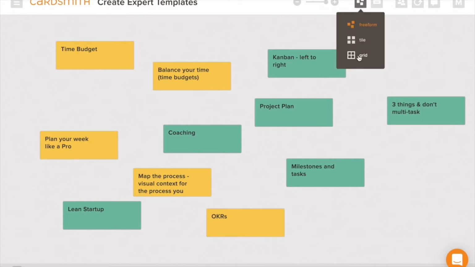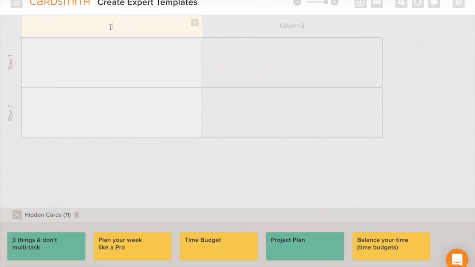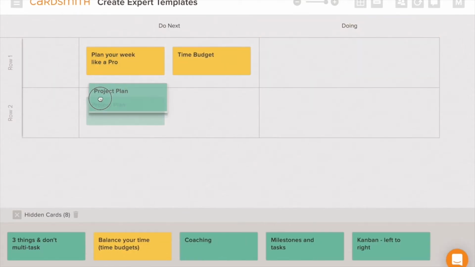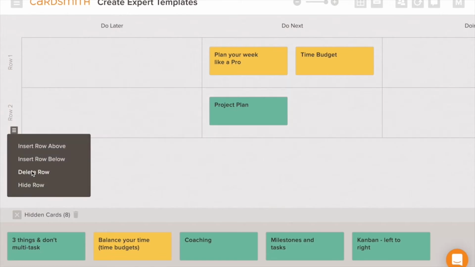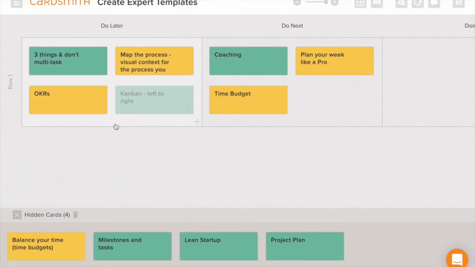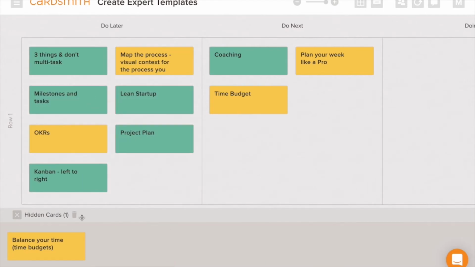And number 4, a key feature of Cardsmith is how easy it is to flow from an expansive brainstorm or a strategy mapping session into a more structured arrangement of cards, like a milestone plan or a sprint plan. And of course, the Cardsmith board is accessible by everyone on your team for real-time collaboration to keep everyone engaged.